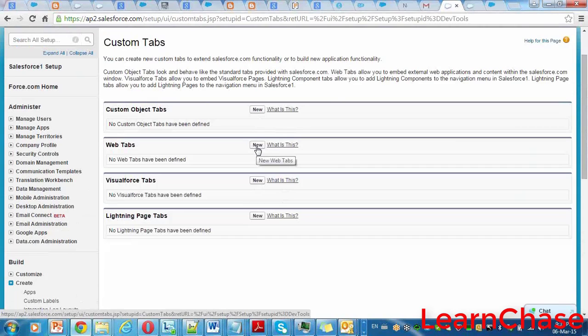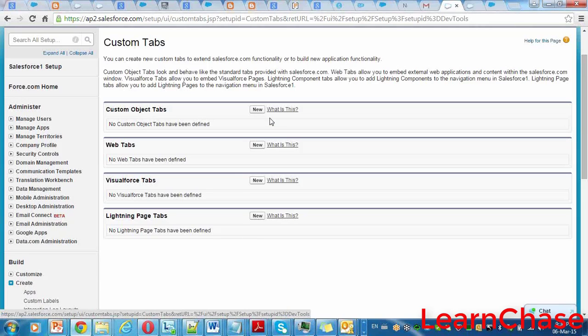You created a custom object. For that, you need to create a custom tab. If you create any Visual Force page, your own custom page, for that you want a tab. For that, you need to create a Visual Force tab. Visual Force is programming, right? It's an HTML kind of markup language, which is Salesforce technology, Salesforce markup language. So if we use Visual Force tabs, first there we need to select a Visual Force page. That should be developed as custom. Custom Visual Force page.